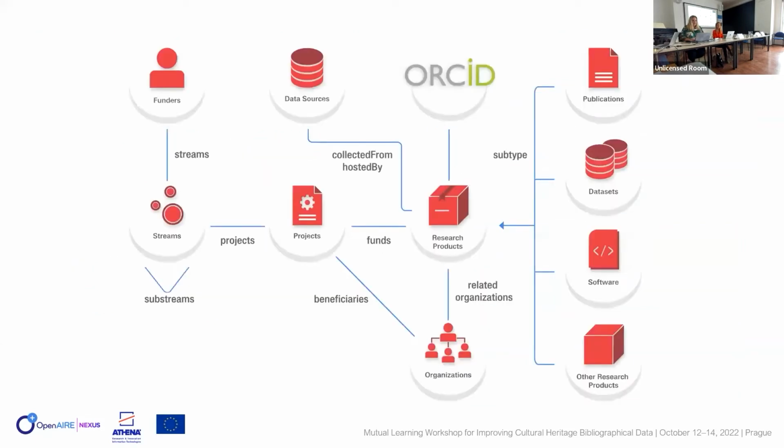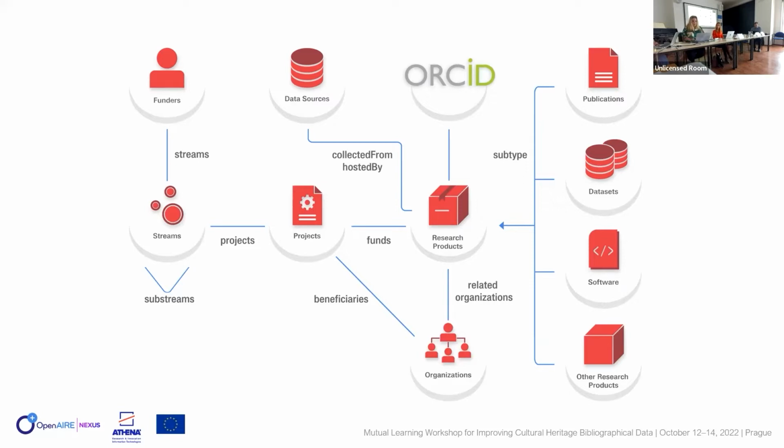Okay, so we start on the right side, which are the types of research products that we have: publications, datasets, software, and other research products. And there are subtypes within them. They're linked to organizations from affiliations, and also they're linked to projects, from project participation, and again from projects to organizations. We have the data sources, and then moving on, we have the funders, substreams, and so on. This is a simplified